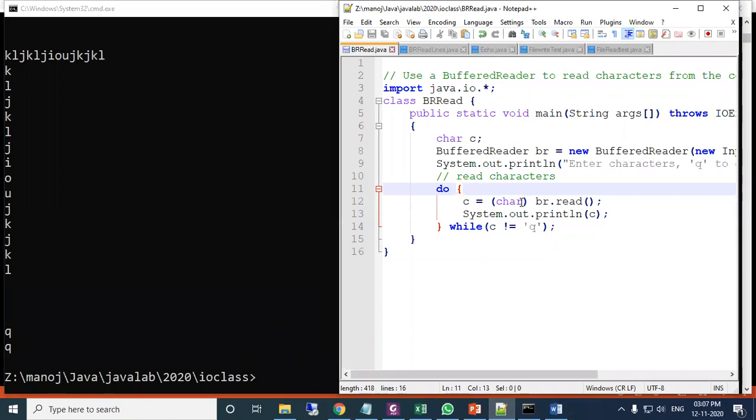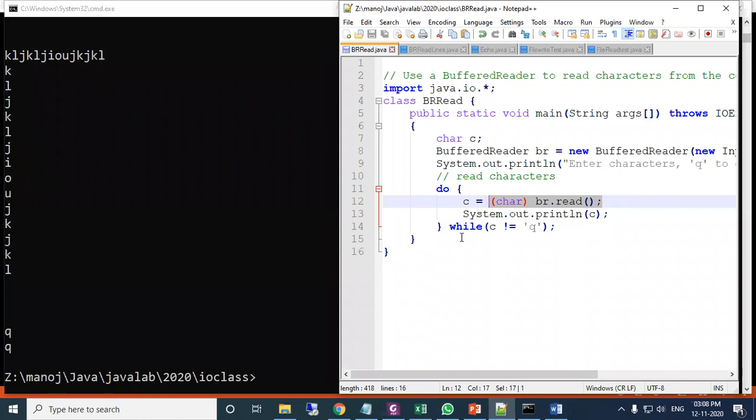Just see here, this is reading the data, and because we are using BufferedReader, it is reading and storing in the character. If I enter multiple characters in the buffer, they are pushed, and as you know from data structures, one by one the data is read, popped, and shown on the screen.